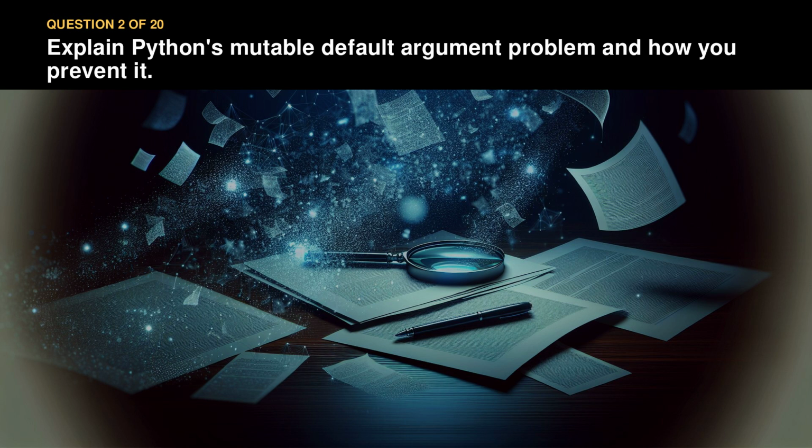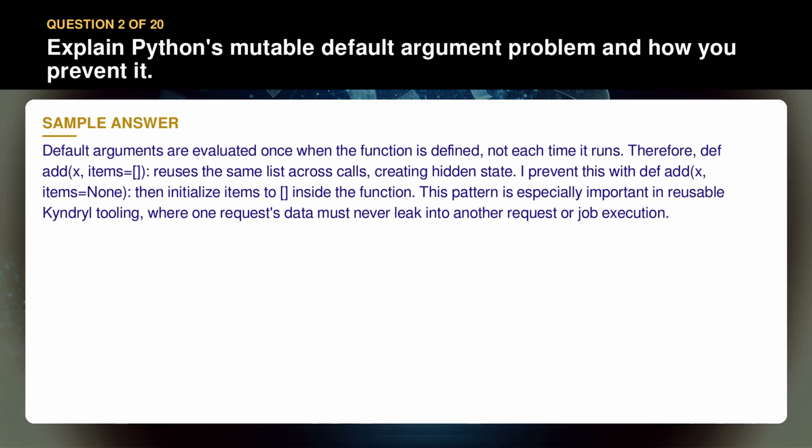Question 2. Explain Python's mutable default argument problem and how you prevent it. Default arguments are evaluated once when the function is defined, not each time it runs. Therefore, def add(x, items=[]) reuses the same list across calls, creating hidden state. I prevent this with def add(x, items=None), then initialize items to [] inside the function. This pattern is especially important in reusable Kyndryl tooling, where one request's data must never leak into another request or